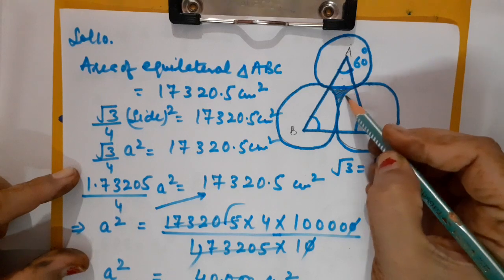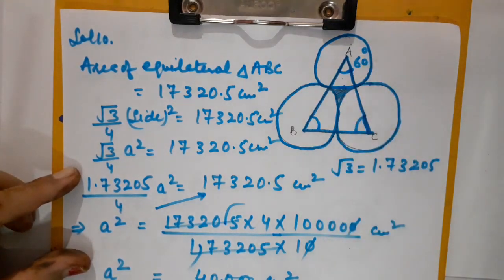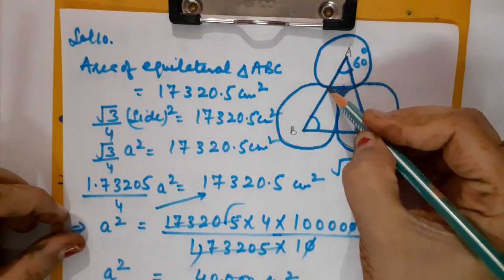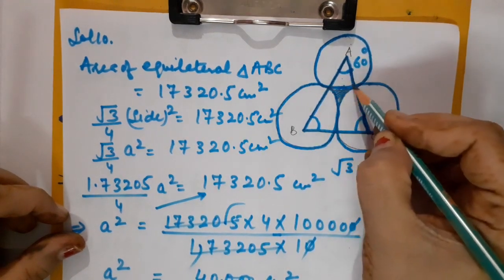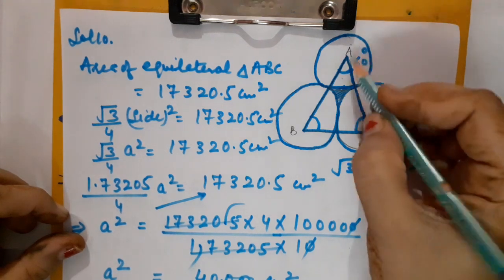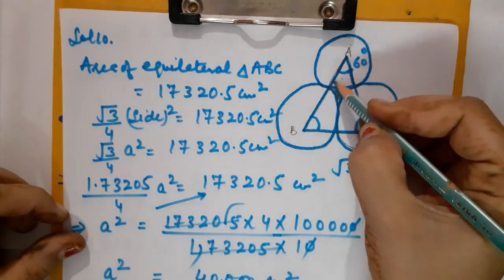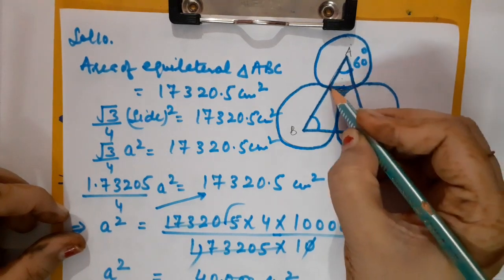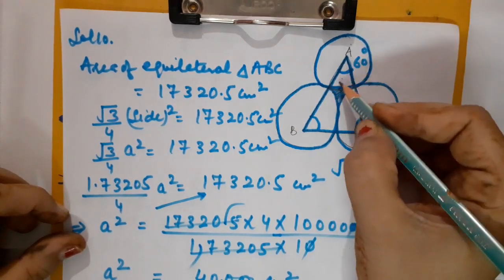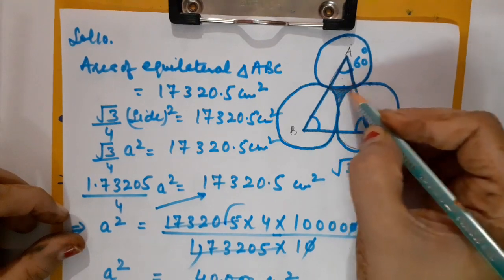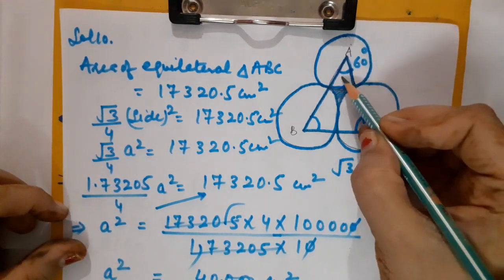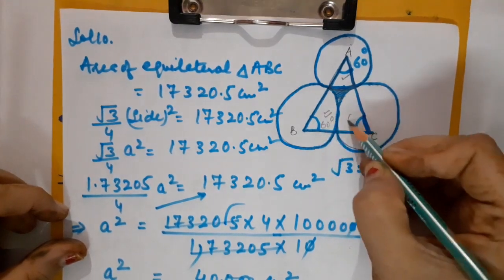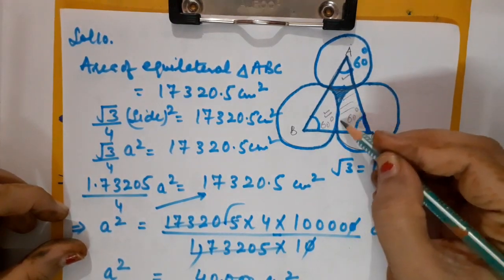Shaded region is this. Suppose I calculate the area of one sector. See, this is nothing but the sector. How? Please be alert. This is radius. This is also radius of the circle. And this is the arc. So the region which is bounded between the radii as well as the arc is known as sector. So this is one sector. This is another sector whose center angle is 60 degree. And this is another sector.